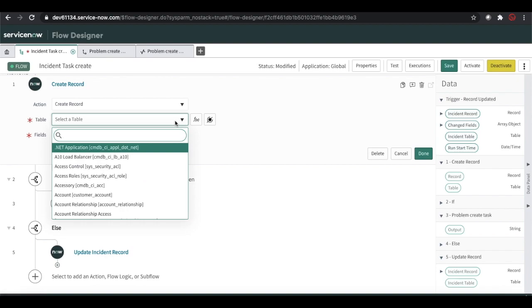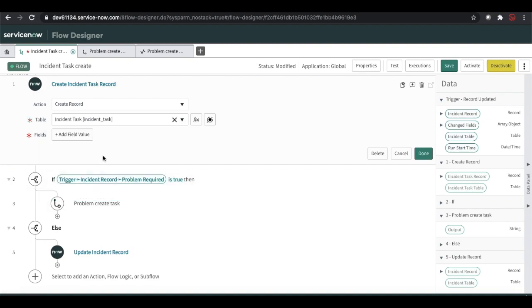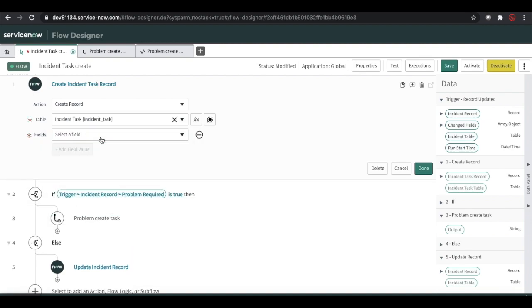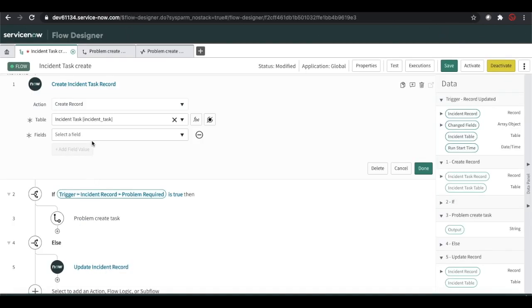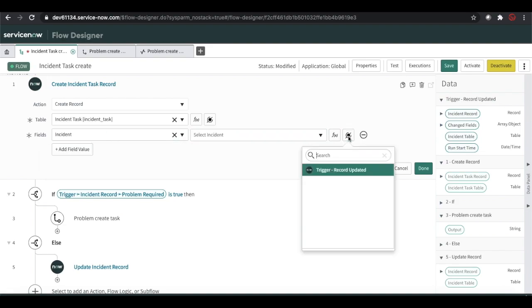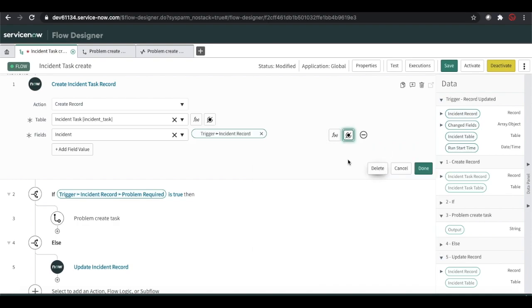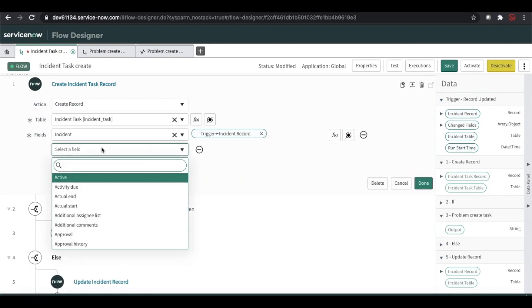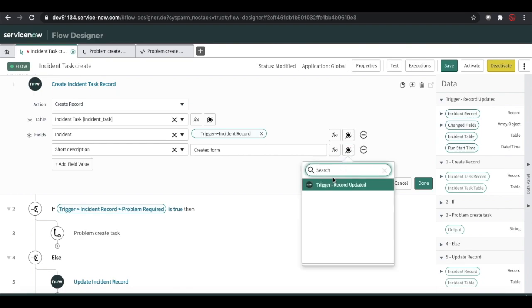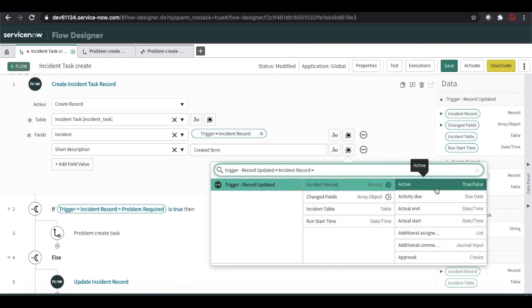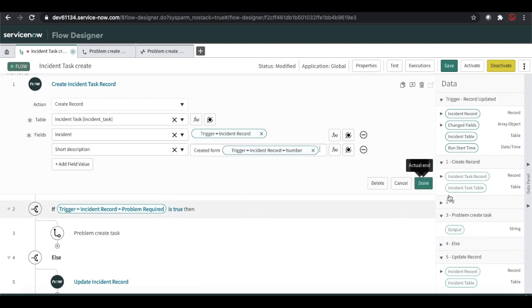Okay, so we are putting that here in the incident task, the parent, or what was that, incident is our input, the trigger incident record, and the short description is created from the incident record and number.